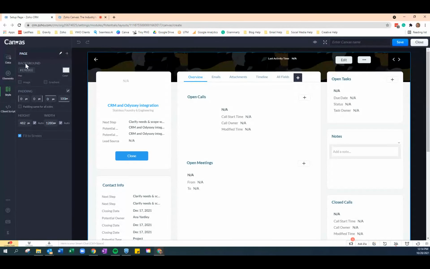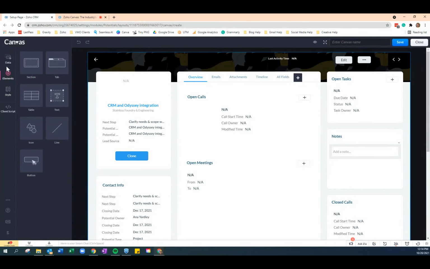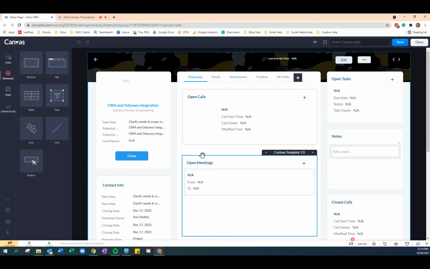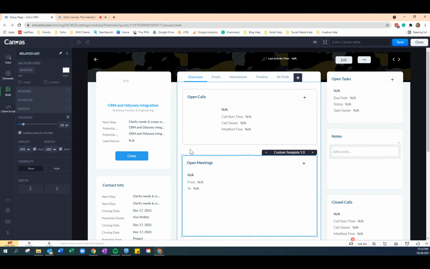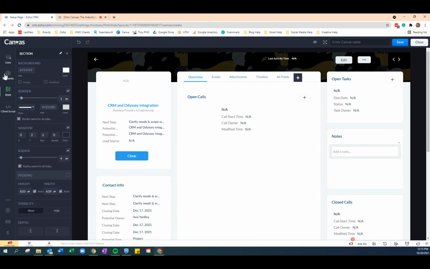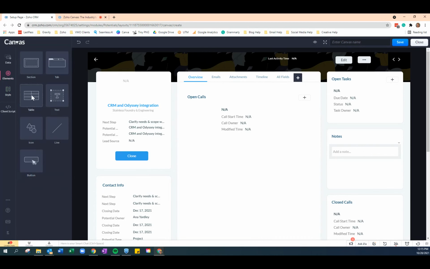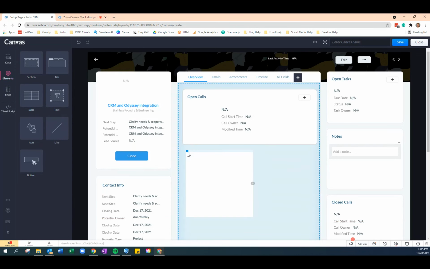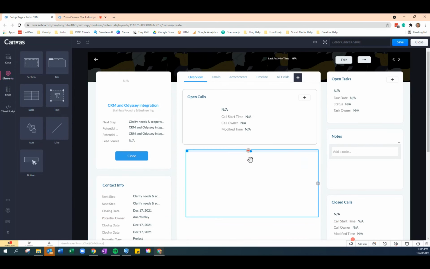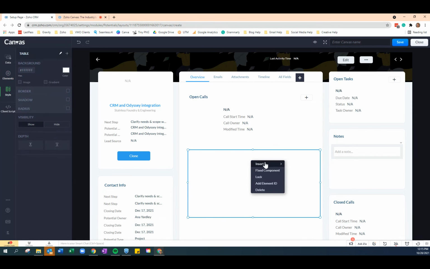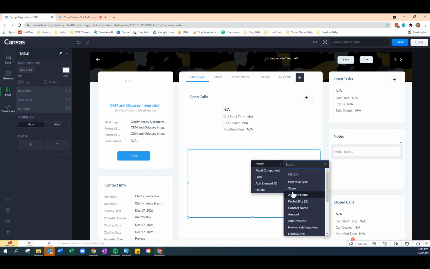Okay, so diving into elements, as Anna mentioned, probably one of the better routes to go is to choose a template, and then you can customize from there. So with the template I chose, say I didn't really care much about this open meeting section, so I could get rid of this and instead say I'd rather replace it with a table. You just simply drag and drop, and then right click. That's the key here, where then you can edit and add stuff,